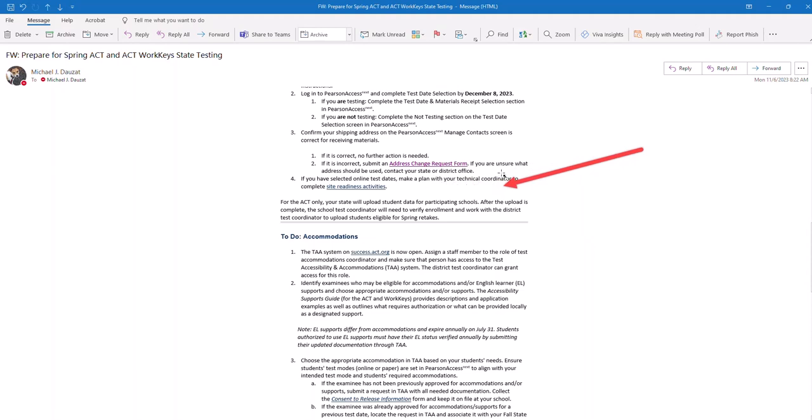So you do make a plan with your testing coordinator for him, or her, to do the site readiness activities. For EBR schools, remember Chris Boysia is the one that does that for us. So EBR schools, I will call Chris and he will verify the site readiness. He will do the site readiness activities. But the charter schools, you're responsible for doing number 4 on your own.